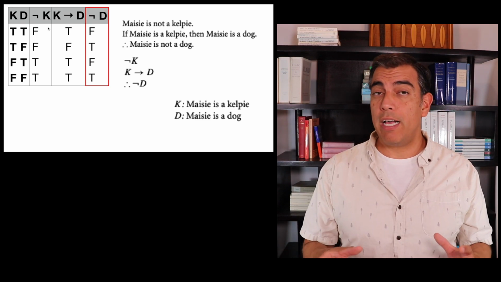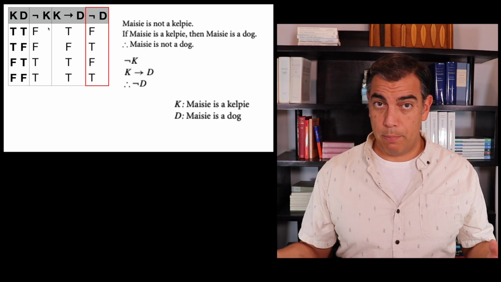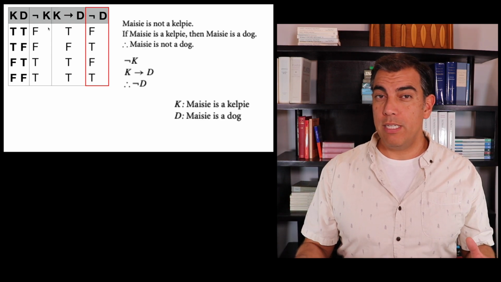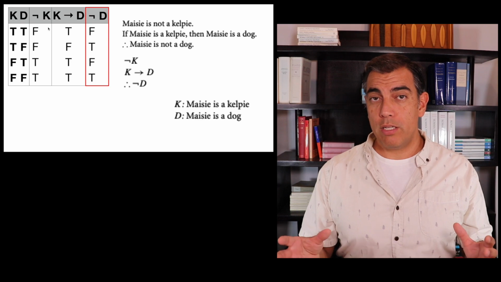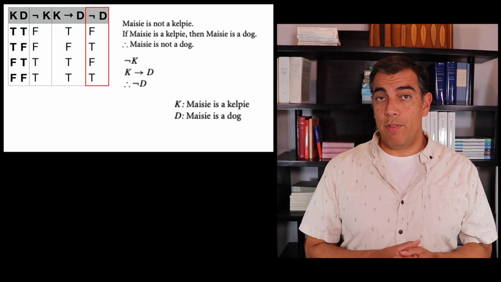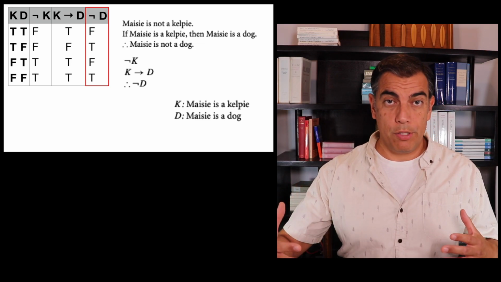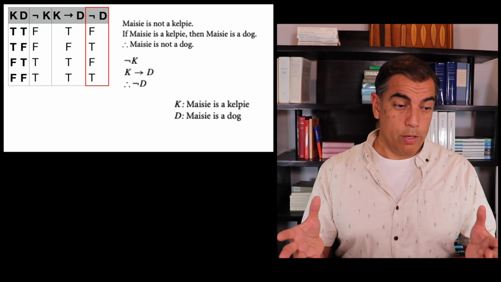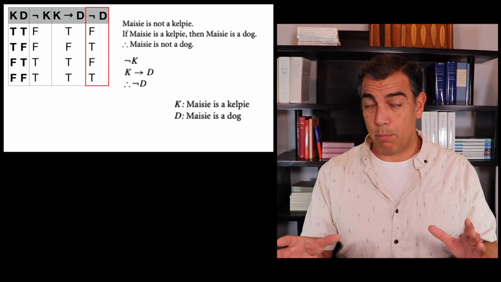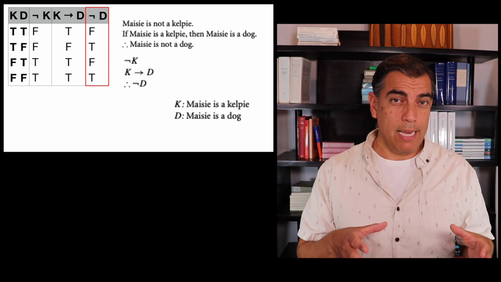But each truth value assignment to these simple propositions that make up the complex propositions that we're looking at, each one of those assignments that gives us true premises and a false conclusion shows us a case where our argument doesn't work. It's a counterexample. Now, normally when I hear that word counterexample, I hear it used in the natural language type of argument. So for example, looking at the way this argument looks before we symbolize it, before we translate it into propositional logic, you tell me that Maisie is not a Kelpie, and if Maisie is a Kelpie, then she is a dog,